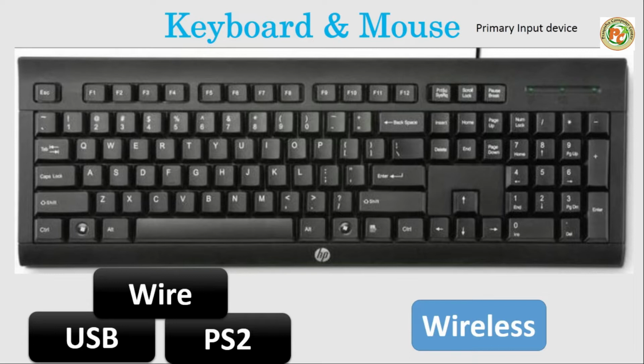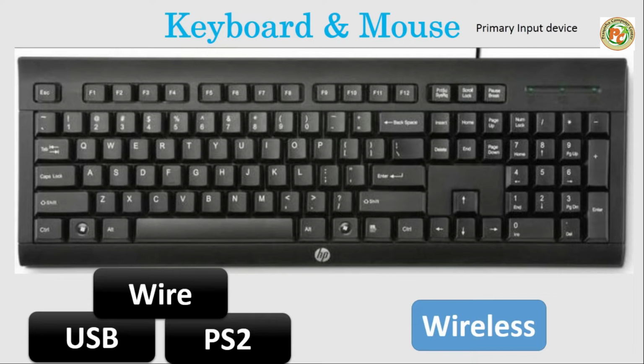For example, a computer works based on three tasks: input, process and output. Input means we can type something, we can do something, that is called the input. So to do input we need input devices such as keyboard and mouse. This is called the input devices. Many other input devices are there, but right now we are not going to discuss that. Later on we will discuss all the input devices, but right now we are going to start with the keyboard. Keyboard and mouse both are called the primary devices because both are used to do some input in the computer.